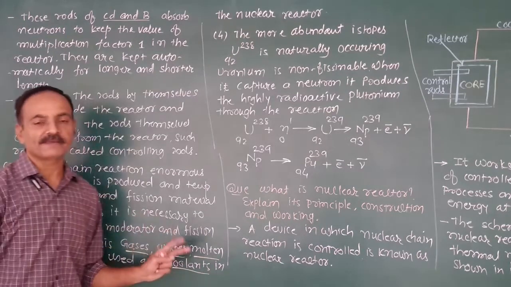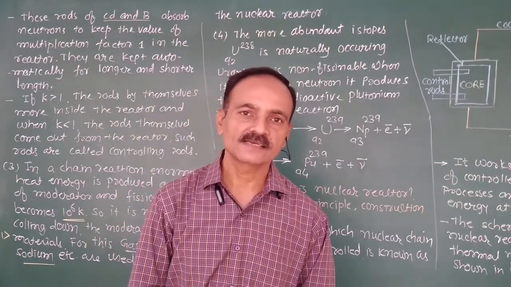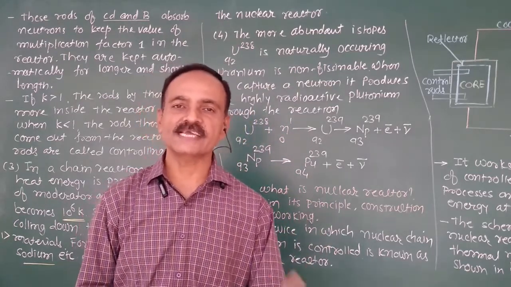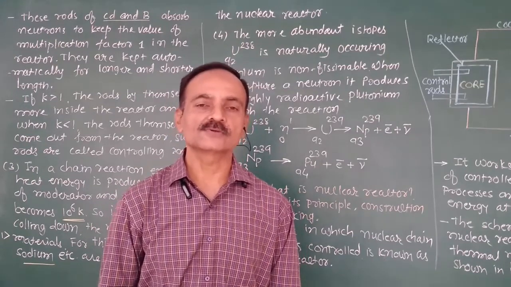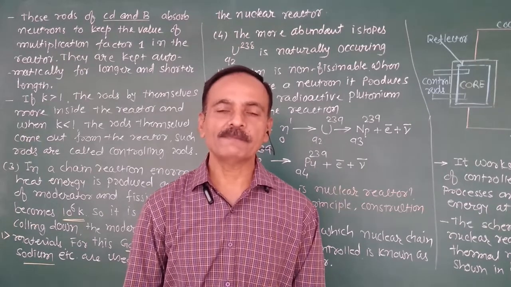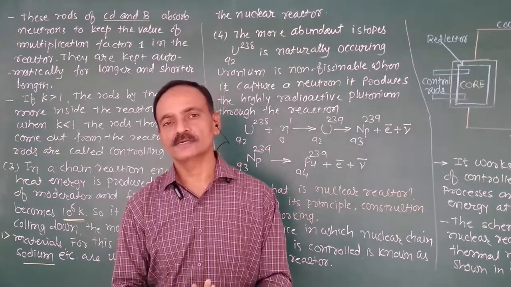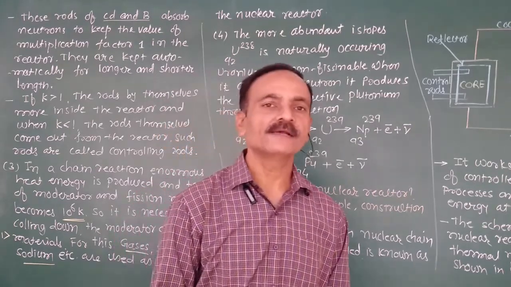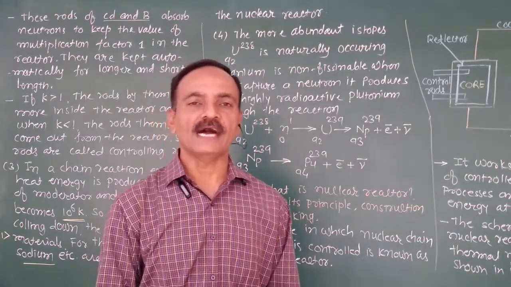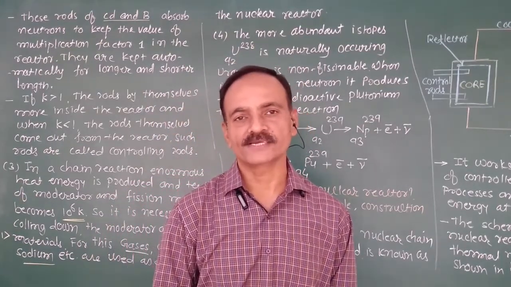So these are the main difficulties that arise in a nuclear reactor for a successful nuclear chain reaction. The first, again we repeat it: the fast neutrons produced need to be slowed down, and the escaping of fast neutrons from the fission material must be prevented. For that purpose, we use the moderator, and also the surface of the nuclear core is concave and nuclear reflective materials are used. Which materials are used as a moderator? Water, heavy water, and graphite are used as a moderator.